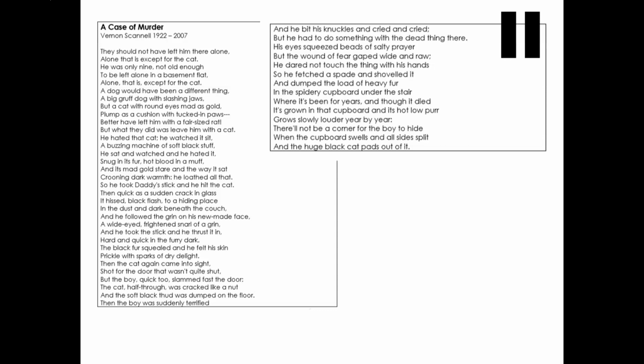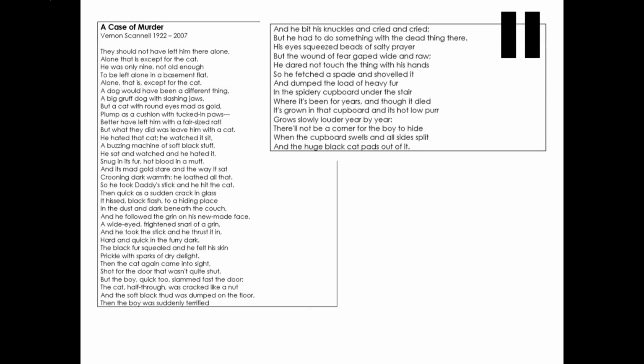Then the cat came into sight, shot for the door that wasn't quite shut, but the boy, quick too, slammed fast the door. The cat, half through, was cracked like a nut, and the soft black thud was dumped on the floor. Then the boy was suddenly terrified, and he bit his knuckles and cried, but he had to do something with the dead thing there.